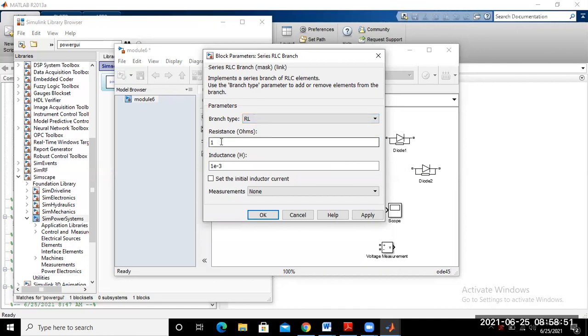And what we choose for the resistance value is 10. Okay. And by default the inductance value is 1 millihenry. You can choose something like 200 millihenry or more than that, a large value maybe. So apply and okay.